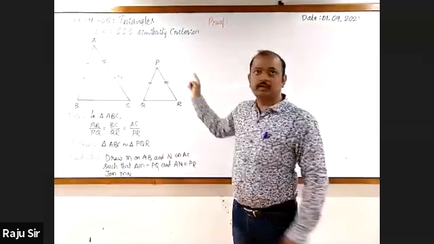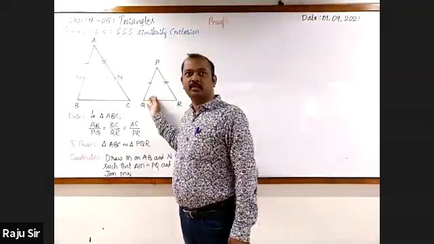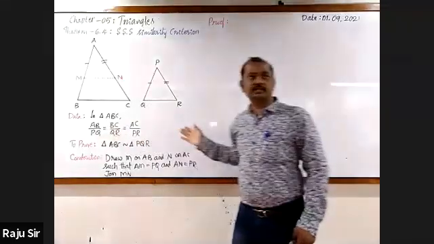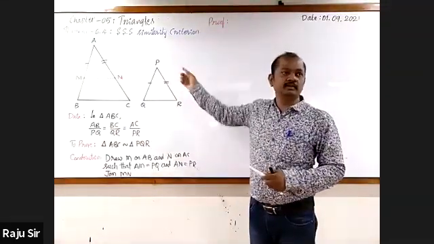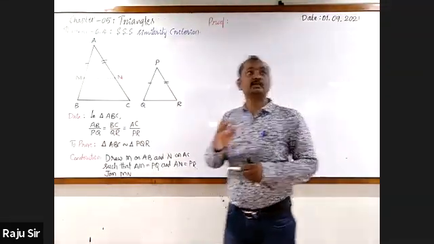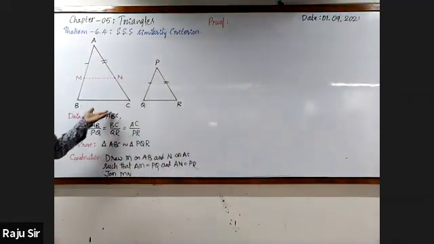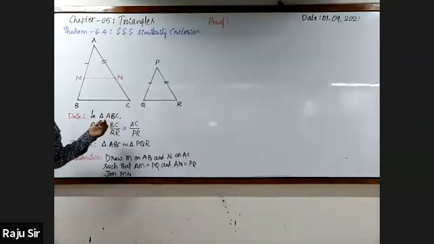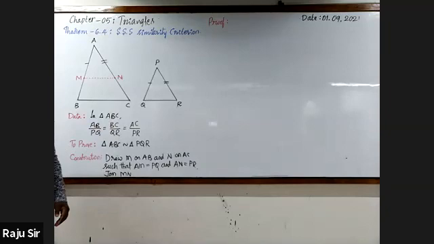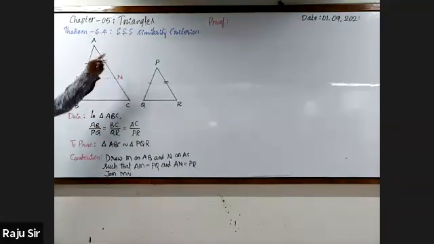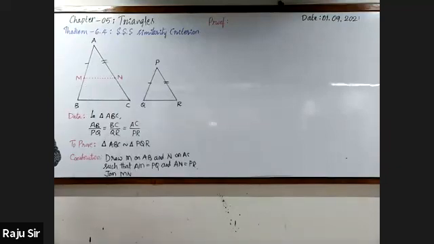In two triangles, if the corresponding sides are in the same ratio, then the corresponding angles are equal. Hence, the two triangles are similar. And yesterday, we were proving this, right? And what is the third similarity criterion? Let us discuss that later. Now let's focus on proving the SSS similarity criterion.